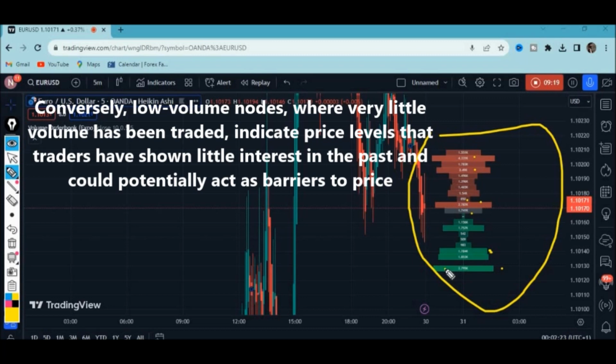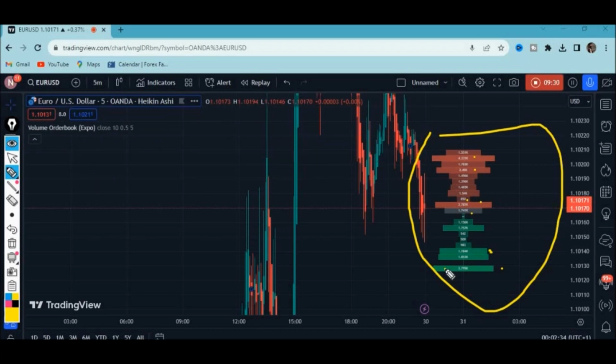Sometimes price can quickly move through high volume areas if there are no current orders, which is demand, to match with the new orders, which is supply. So guys, you can see how we can use this volume order book to really get the high and low